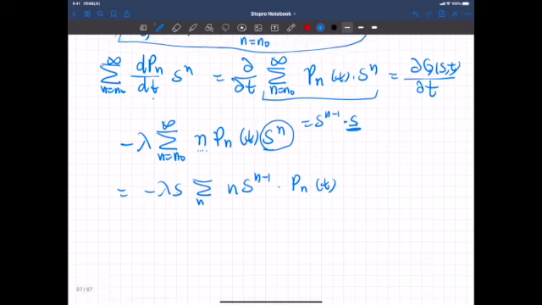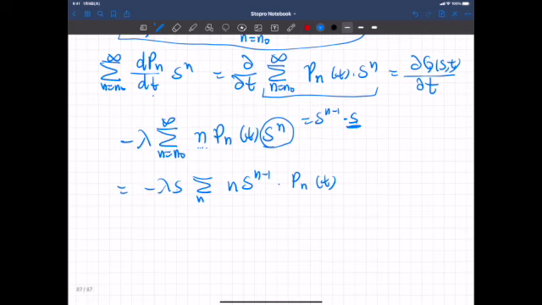Then let's see. This part is equal to the derivative of s to the power of n with respect to s, right? So this is just right here, summation, and s